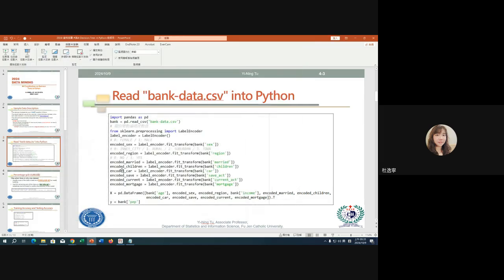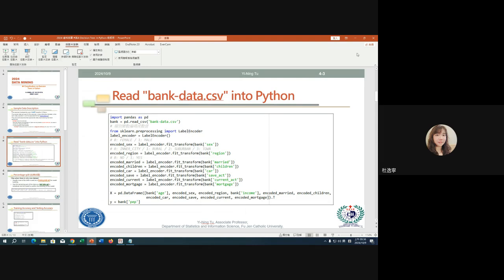We pretend the region we live in, for example, that 0 means it's more near the city, and the number getting larger means it's more away from the city, more near the countryside. But actually, these four are not ordered like that, so this time we just pretend because we are learning the